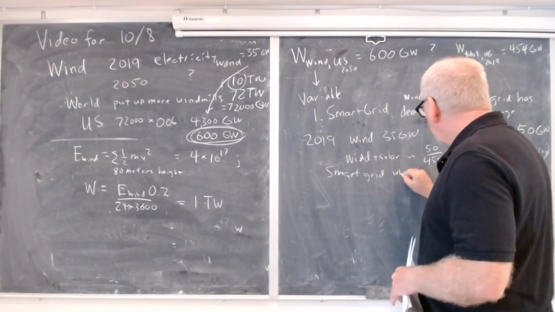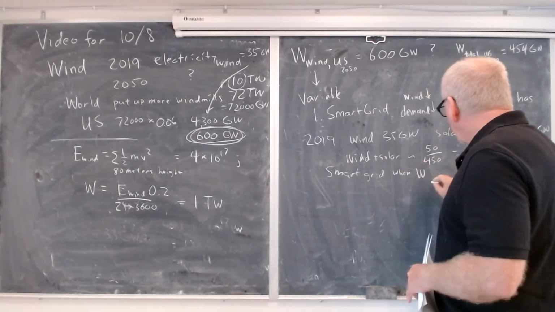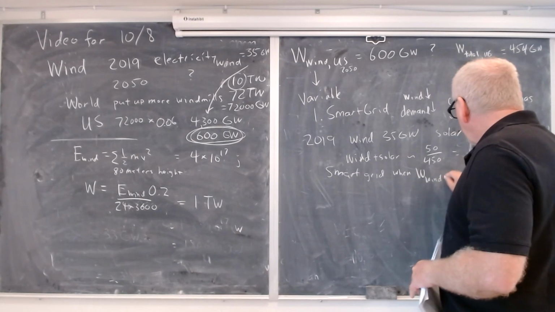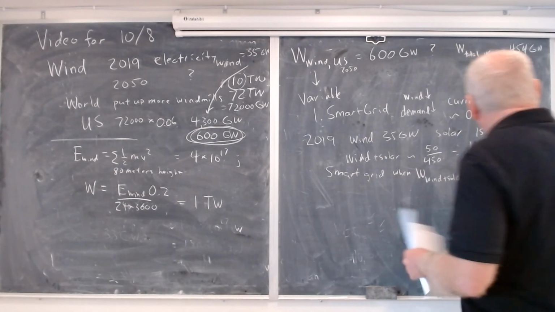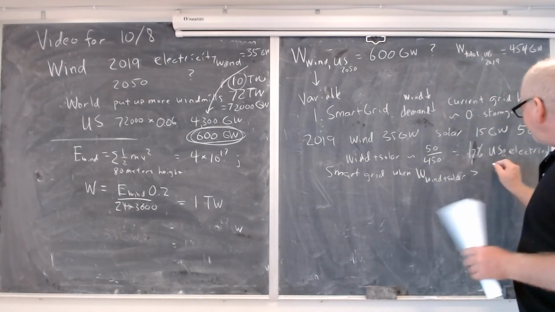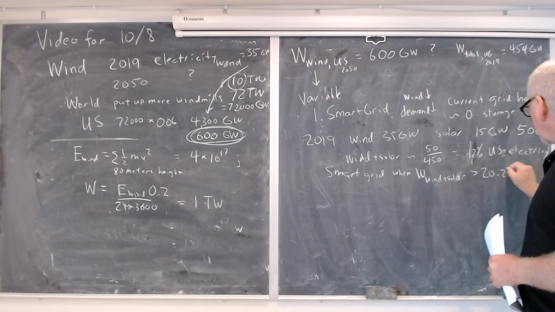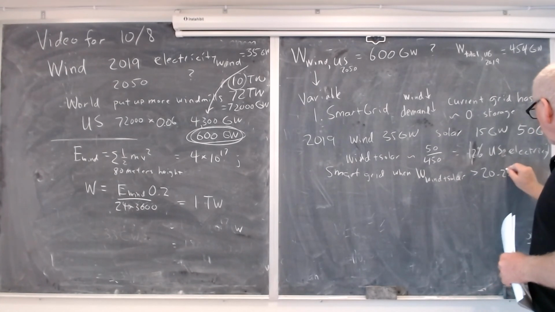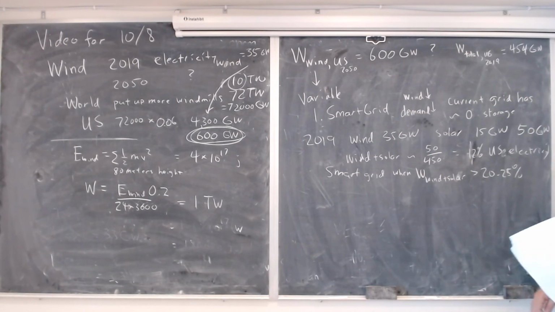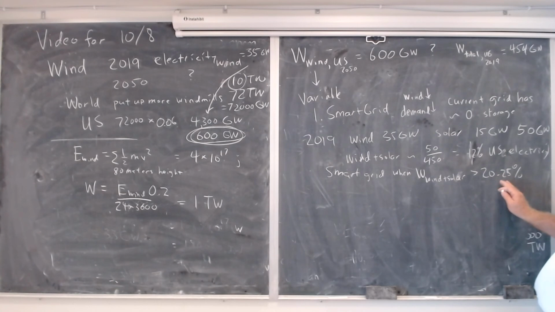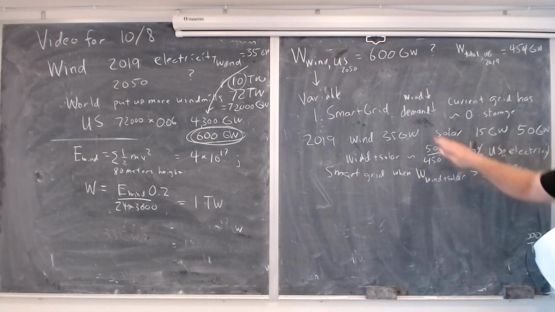when wind plus solar exceeds around 20 to 25%. Because there's various tricks you can play ahead of time. You can have variable capacity plants and things like that. But certainly right around 25%, you're going to need more sophisticated demand